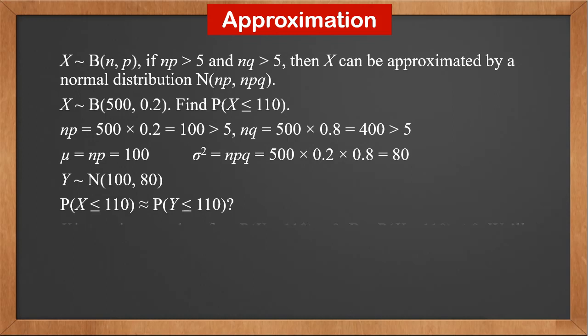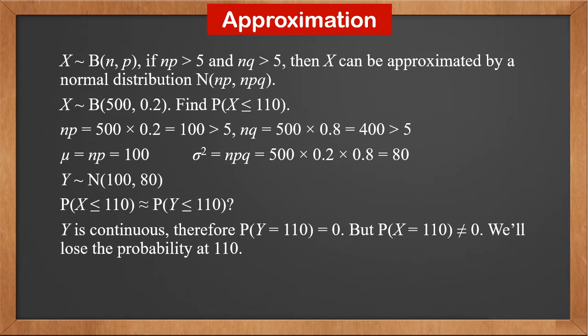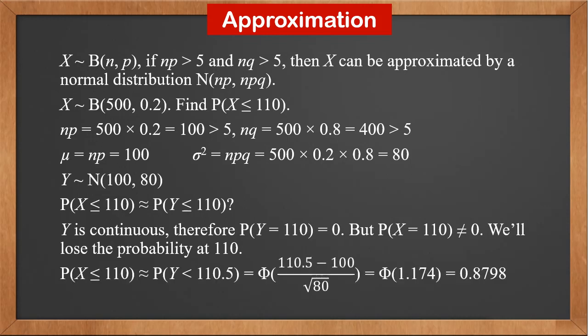But is it correct? We know Y is continuous, therefore P(Y = 110) is 0. However, X is discrete, and P(X = 110) is not 0. Therefore, if we use this approximation, we'll lose the probability at 110. For this reason, we move 110 to 110.5, so that 110 is included. Therefore, P(X ≤ 110) becomes P(Y <